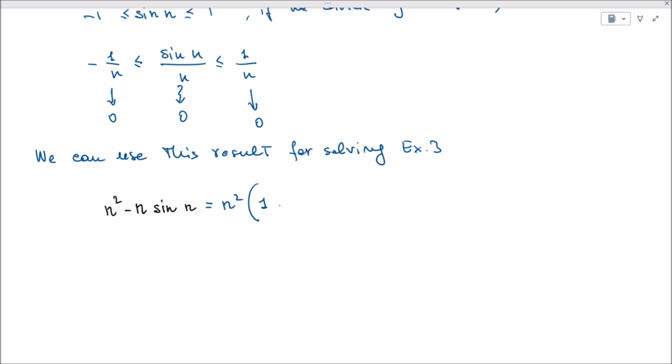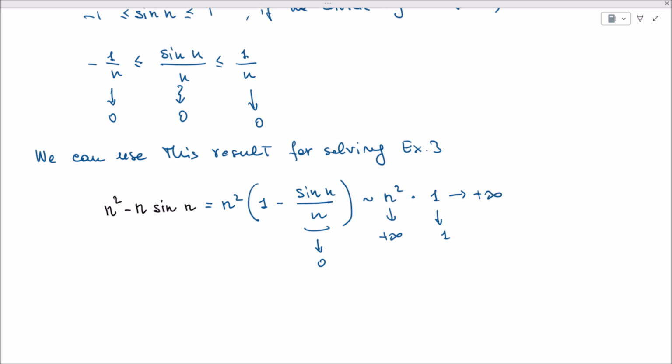This will now multiply 1 minus sine of n divided by n. But we know now that basically this term will go to 0, so this will become basically n squared, that clearly will go to plus infinity. Okay, because we have n squared, we can say that this is n squared times 1, and of course this will tend to 1, this will tend to plus infinity,